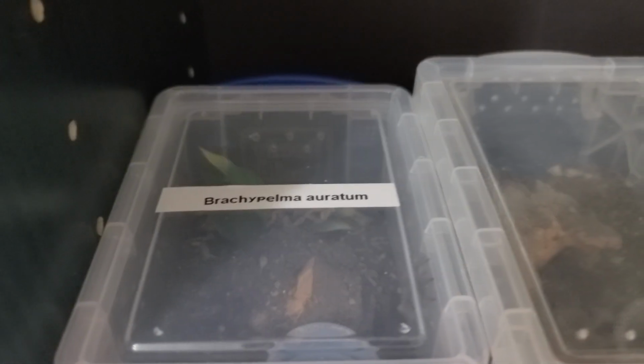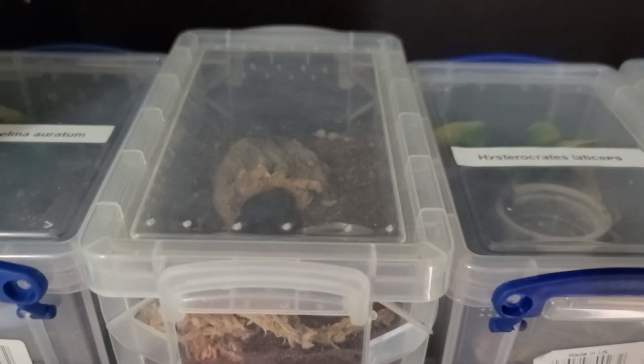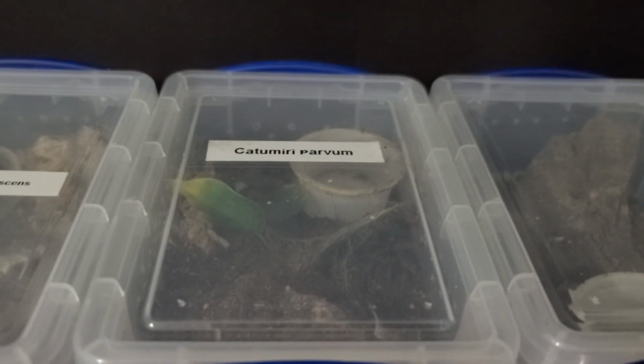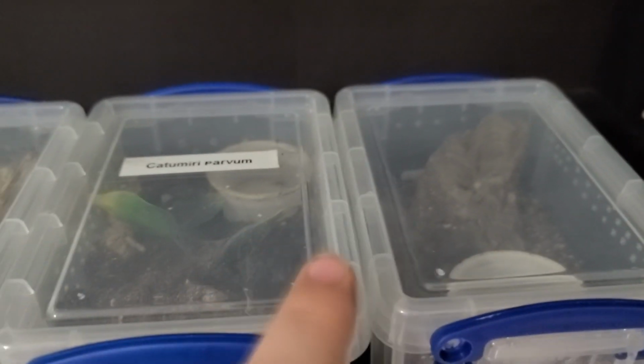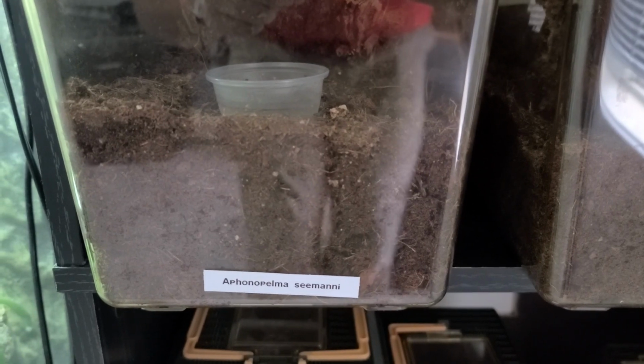So moving on here, we have the Brachypelma auratum, the Lasiodora striatipes, who also needs a rehouse, Hysterocrates laticeps, Chromatopelma cyaneopubescens, or green bottle blue, Kochiana parvum, one of my favorite and underrated tarantulas, and in here is the Nhandu tripepii. Going down a row, we have Aphonopelma seemanni,